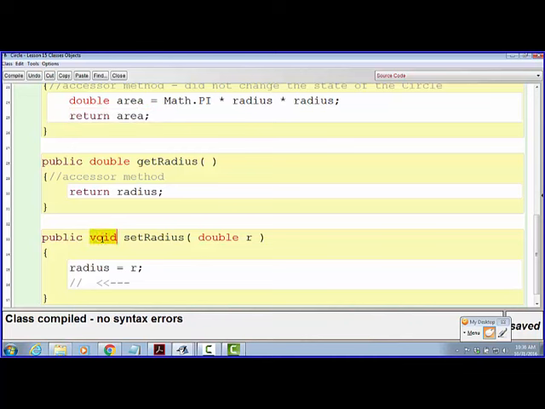By putting the word void there, I've created a way for me to write a method that does not actually produce a return. Okay? And again, this is called a modifier method. So this actually does change the state of this object, as opposed to an accessor method that doesn't. Okay, so now I could go back to the client class